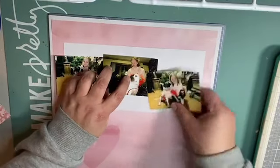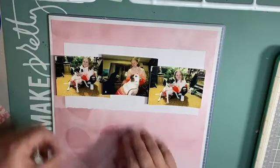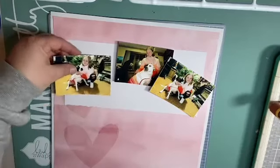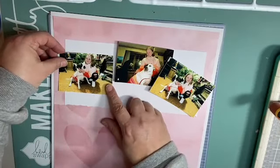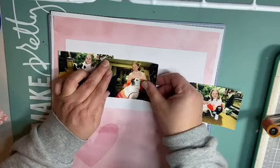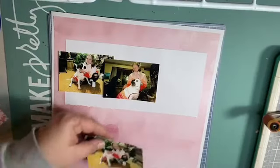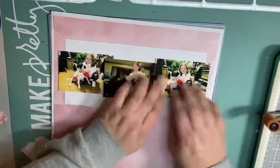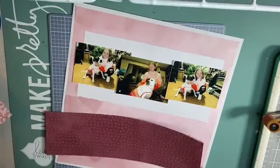All right, so I'm going to put these. I don't think I'm even going to mat these. I think I'm just going to put them down like this. And I'm not putting them on foam today, which is normally something I do. But today I'm not. Now, once I get this put together, I'll show you what my old school tool is that I'm pulling out today for Flashback Friday, because I haven't done that yet. I just want to build this cluster here. Okay, now I'm going to take this red burgundy